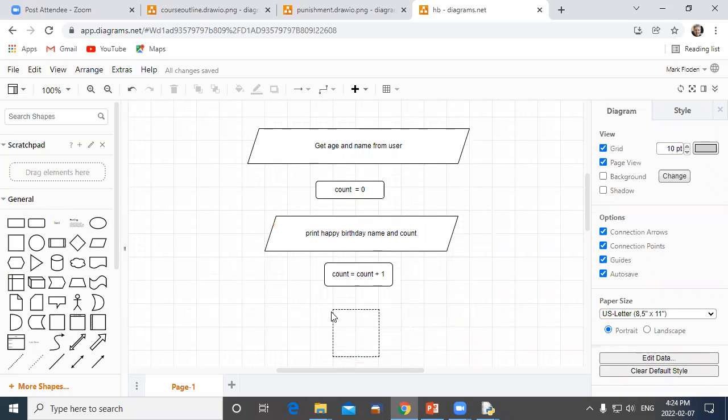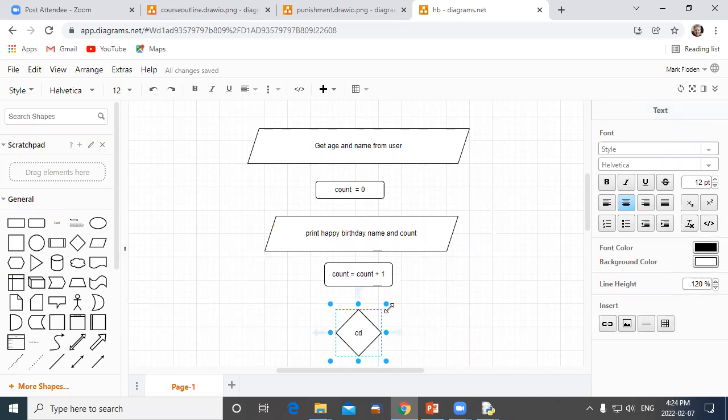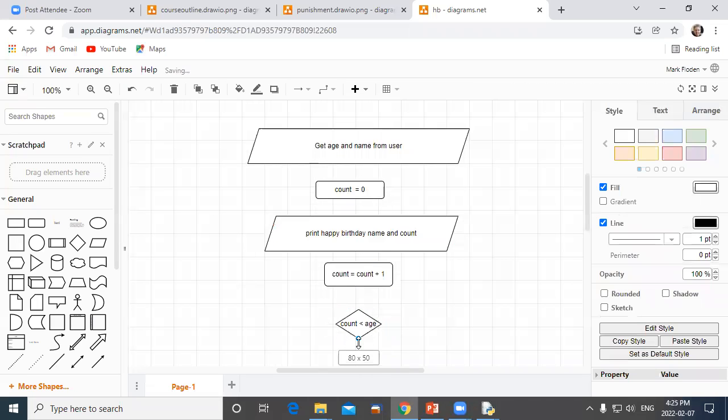Now we can put in our decision, which is the count less than, so it's very similar to the last one, right? Is the count still less than their age? Because we're going to stop as soon as the count gets equal to their age. So eventually the count will get equal to their age, then we're going to stop. And so if the count is less than their age, if it's yes, we're going to